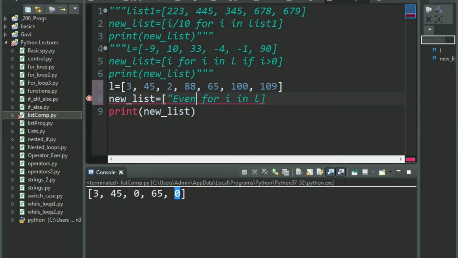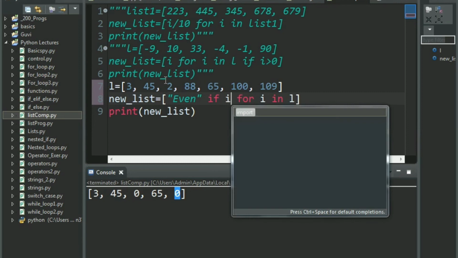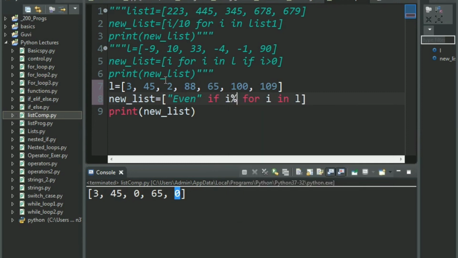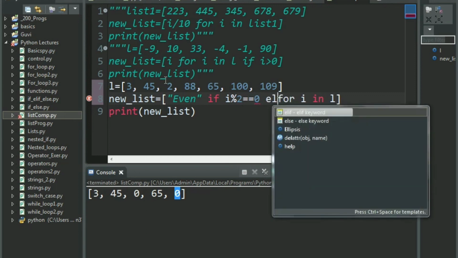Okay, have a close look at this. This might seem a little different, but the syntax is exactly the same, but we'll be returning two elements here. That is one by one, but we'll have two possible outputs. So return even if I mod 2 is equal to 0, that is if divisible by 2, right?